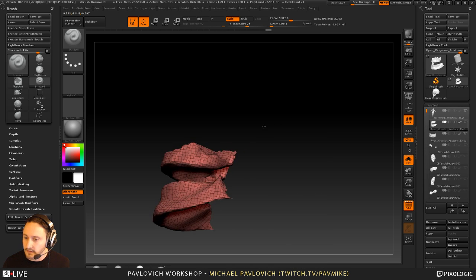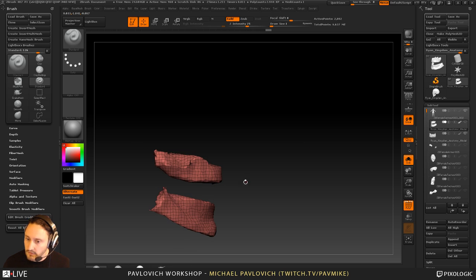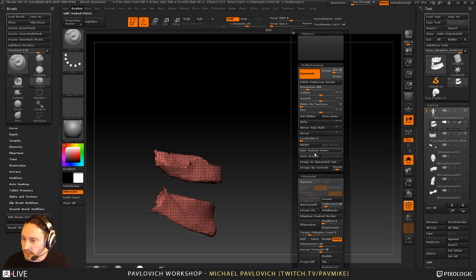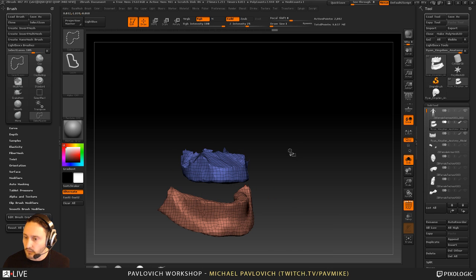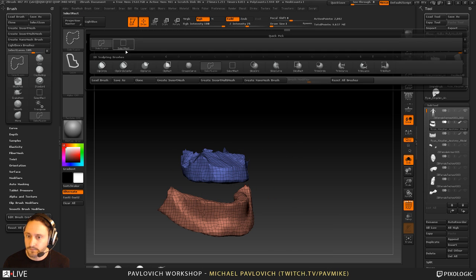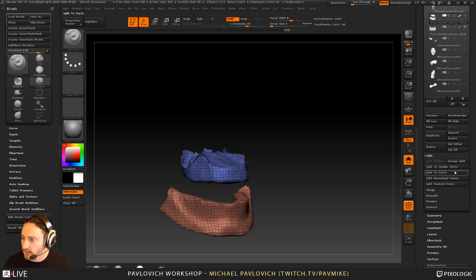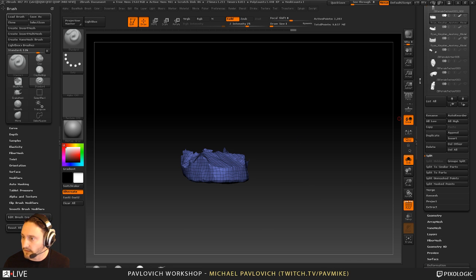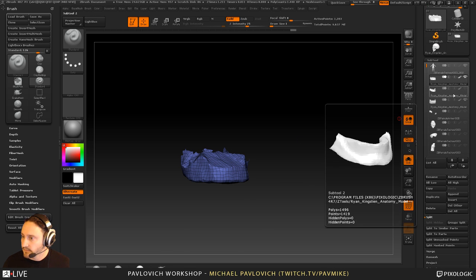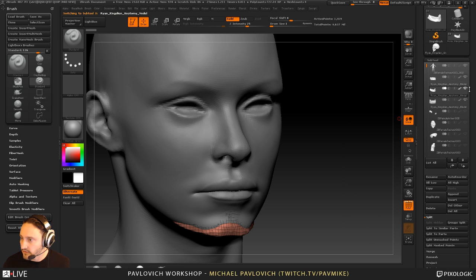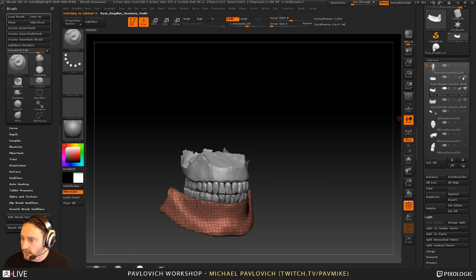And now we've got kind of top gums going, bottom gums going. Because they're separated, I can go in here and now I can do an auto groups. And then if I want to, I can split this one off. I could do a group split here underneath the split menu, or I can just isolate one and then split that out. So now I've got, let's go ahead and just look at what I've got going here. So I've got top gums,